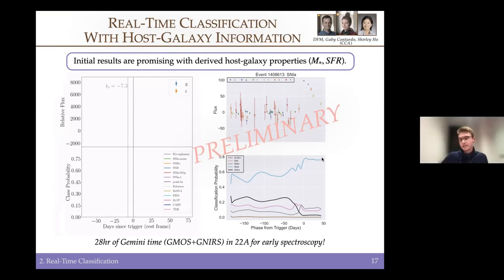Yeah, that's a really good question. These plots we initially made in order to see the added value at early times of host galaxy information when you don't have information from the light curve itself. But I will admit that in the updated runs, we've truncated it at 0 days from trigger, and we're now doing a direct comparison with and without host galaxy information at the very earliest epochs after trigger. This was just a proof of concept to see, when we have no light curve information at early times, do we actually get some non-negligible probability from the host galaxy information?